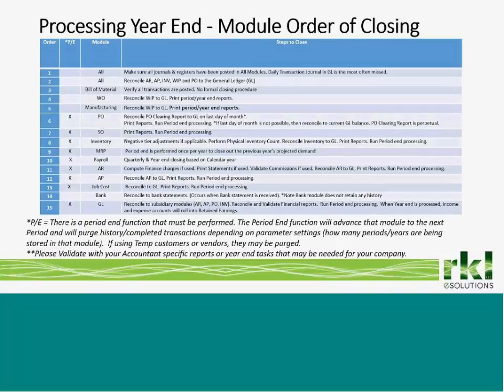The inventory physical count can be a little bit tricky if you don't understand what it's doing. So just most important, make sure you review carefully what is actually going to post before you update your physical counts. The inventory module, you want to reconcile that to your general ledger, print any period end or year-end reports,